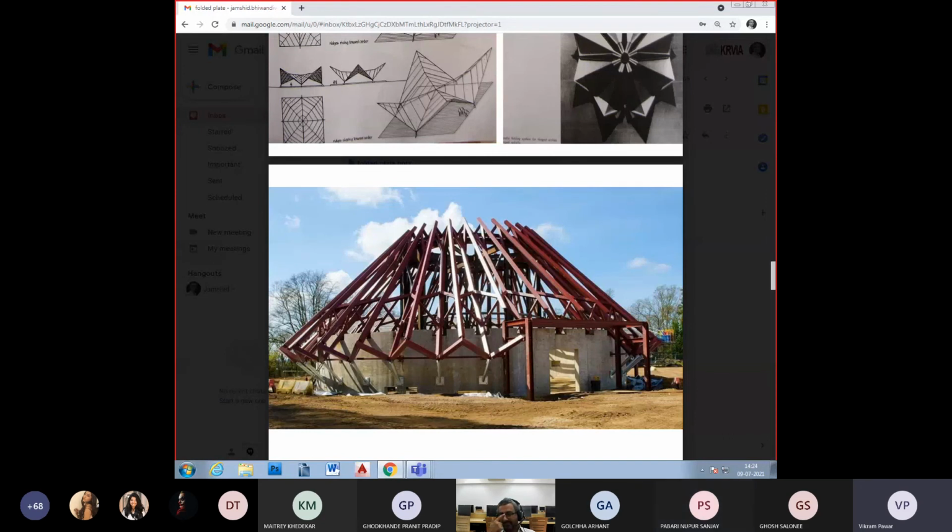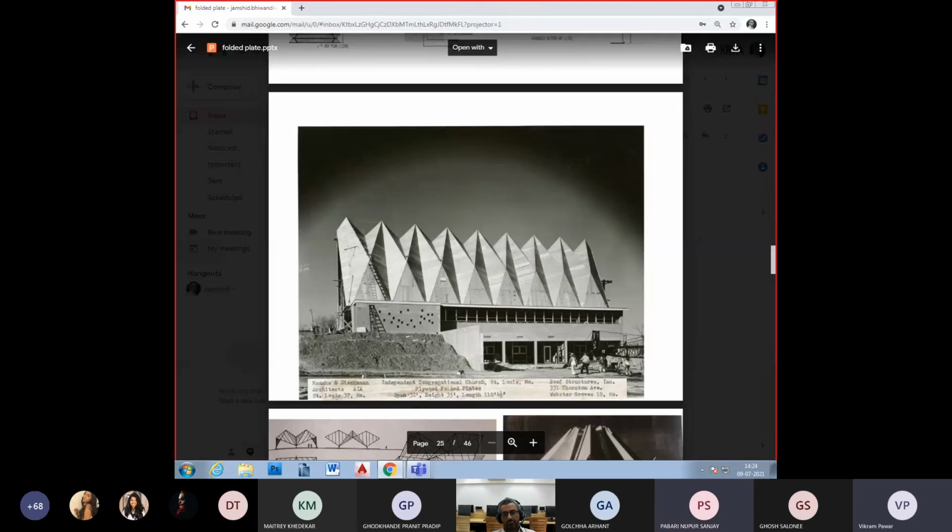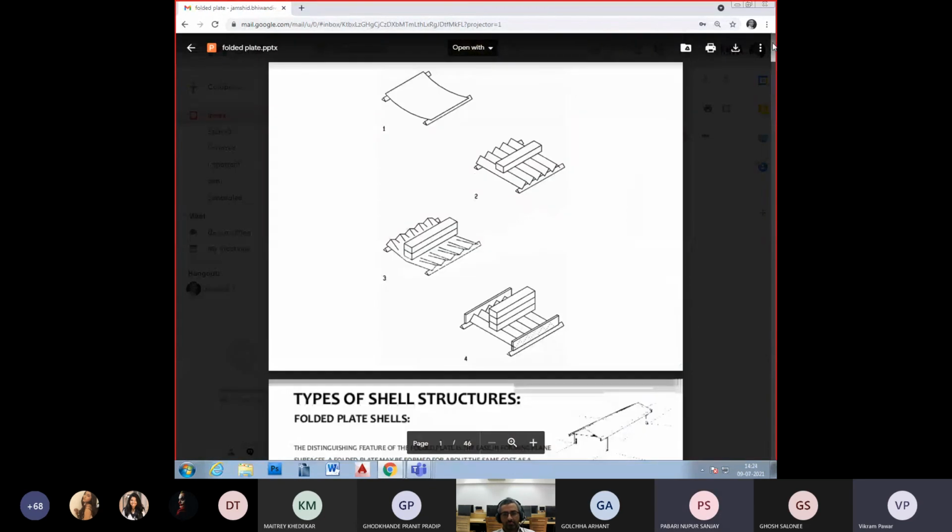How does it contribute? By the first slide which Jimmy showed, which was about paper folding. Paper is a cellulose material, extracted from wood itself. If you are able to have the wooden grains in a similar direction, and you are able to fold it, in principle it works. So in theory, it works.